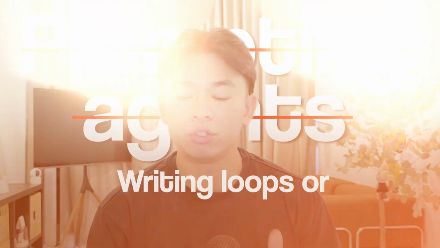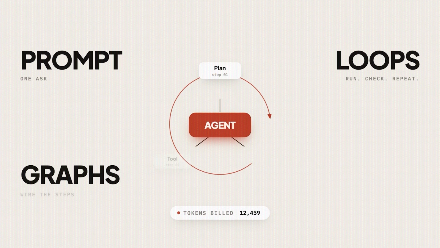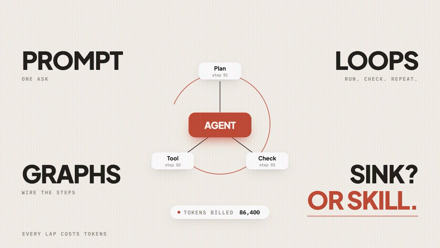So there's a lot of talk right now that instead of prompting your agents, you should be writing loops or defining graphs. And the thing that makes me think a lot is that every time I see these things, I start asking myself, is this just a different way for these different companies to get us spending more tokens, get us hooked and addicted to it? Or are these real concepts that we should actually use and understand?